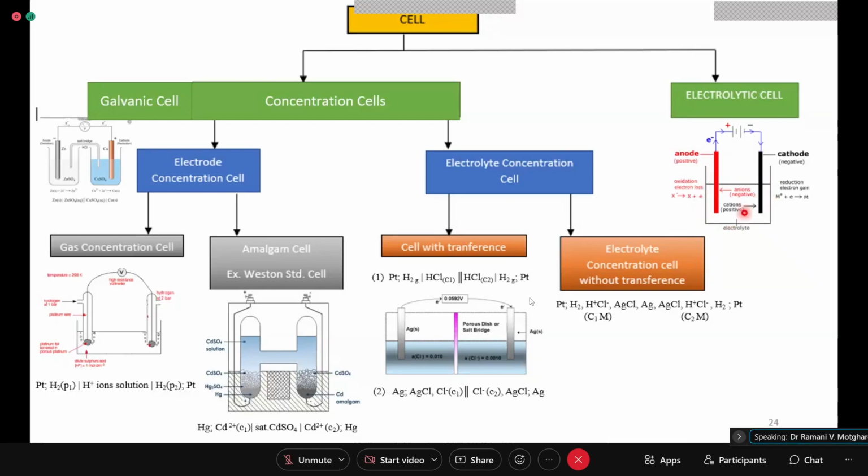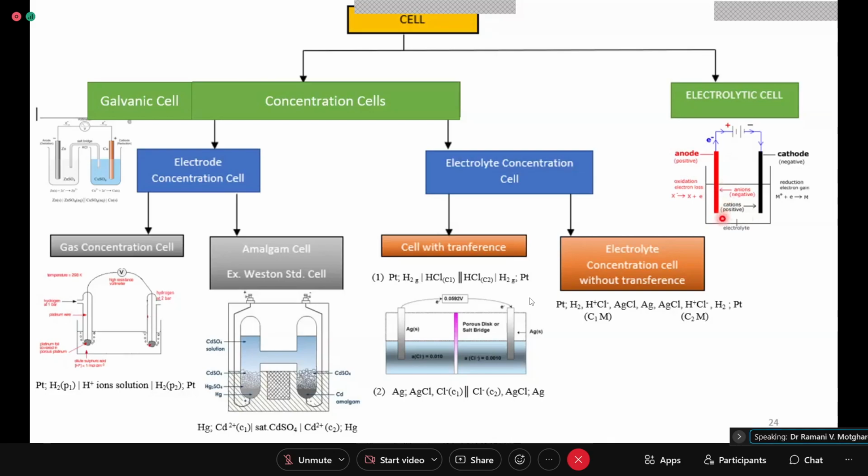What you will see is, depending on the quantity of current or potential difference applied across these two, there will be migration of ions, that is, anions will migrate towards the anode and the cations will migrate towards the cathode. So, in this particular thing, you will find that the positive ions are accumulated here. So the metal, if it is a metal salt solution, the metal deposits on the cathode and the weight of the cathode will increase. And you will find that the anions will be accumulated here,